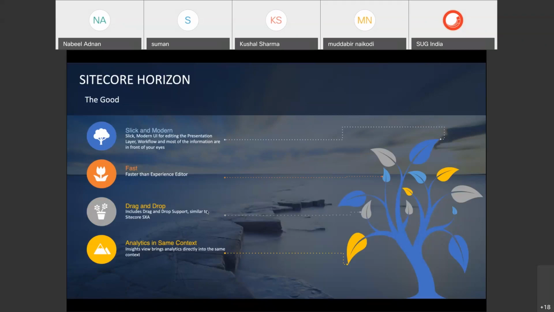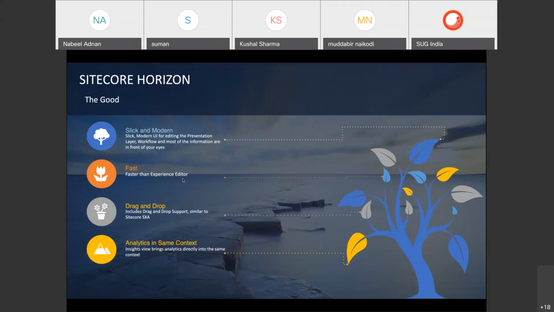You feel comfortable editing any item on the page. And since it gives you the content editor and experience editor experience, it will be easier for you to edit everything from one place